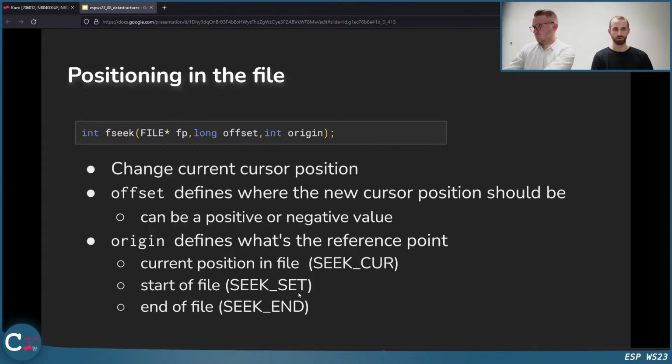You can use this as origin and say, okay, when I want to read the 3rd character in a file and I don't know where I am currently, I can use fseek with the origin SEEK_SET, so I jump to the start of the file and then 3 characters in as the offset, and then I can read the 4th character, for example. Or SEEK_END to jump to the end of the file.